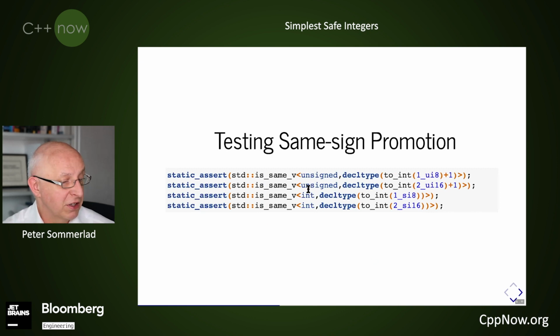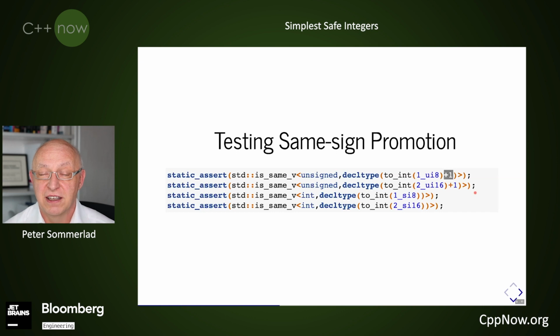Now we should test that as well, so we can actually check if the toInt of one UI8 is actually promoted to an unsigned, because to check that we actually add the 1, and this expression will be computed as an unsigned expression.